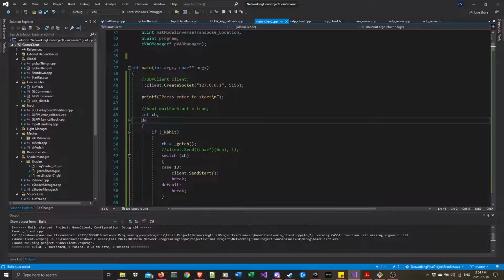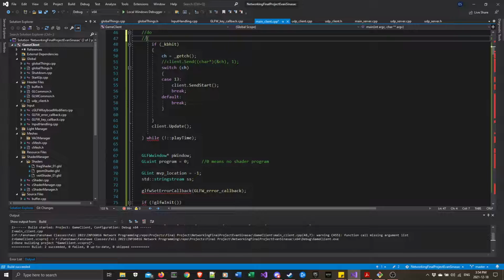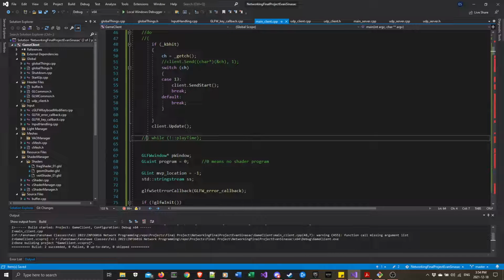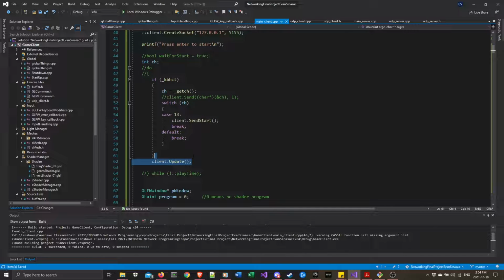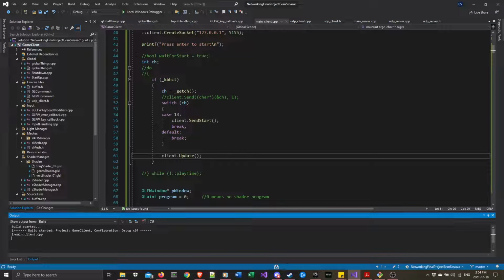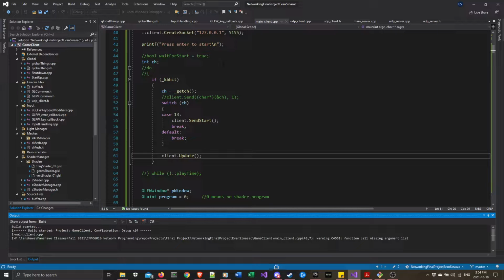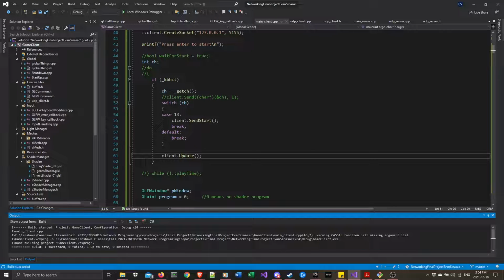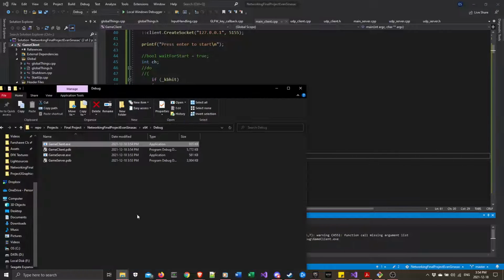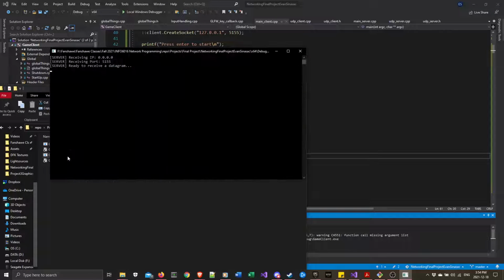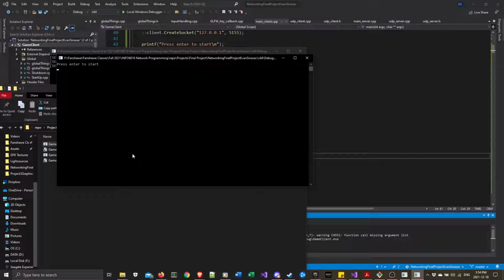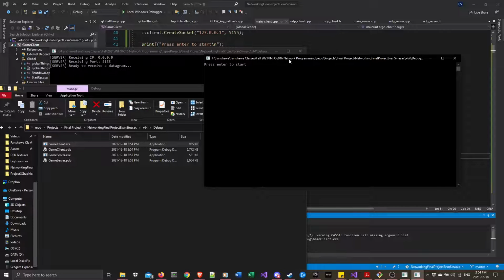I can't figure out how to handle waiting for the server to actually connect, because I've opened the client before the server and it connected fine before, but